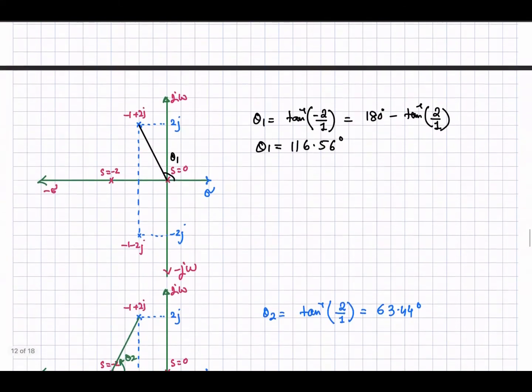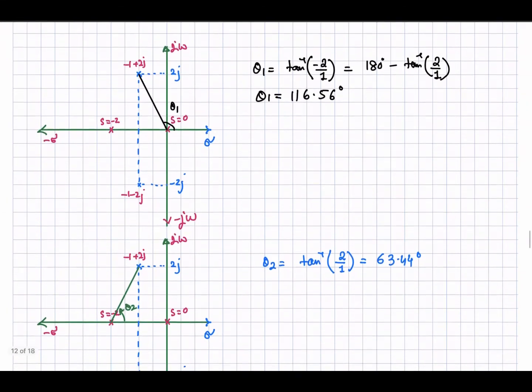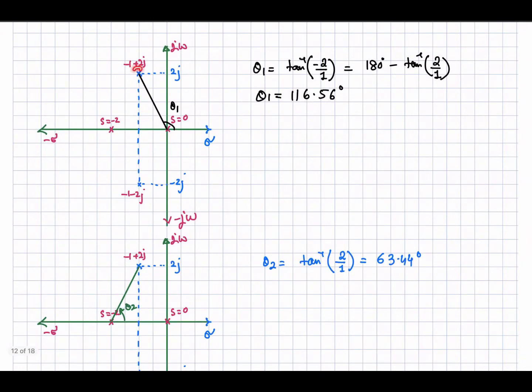Okay, so let's calculate it graphically. The angle of departure will be for this pole and for this pole. The two other poles are at the origin, this one and this one, so there is no calculation of angle of departure for these poles, only for this pole and this pole. We will be calculating for one pole, as we know that the root locus is symmetric about the real axis, so its mirror image will be there. So we need to just calculate the angle of departure of one pole, the other one will be with the opposite sign. Okay, so calculating the angles.